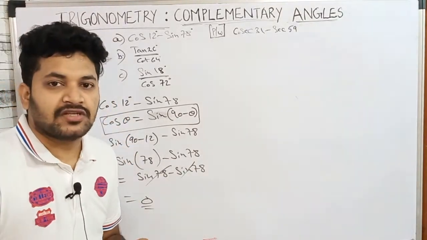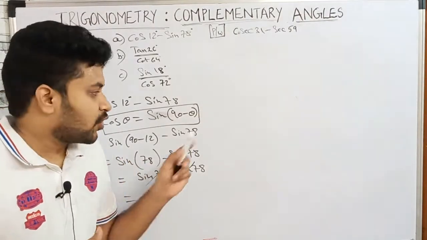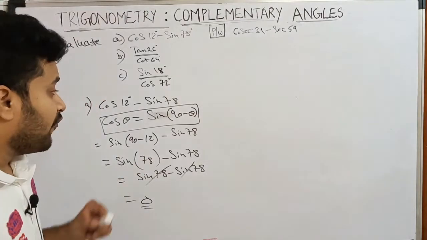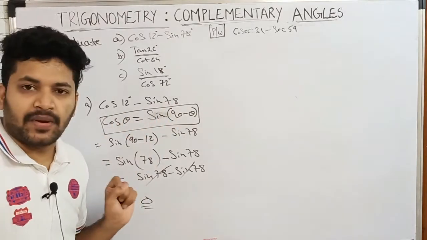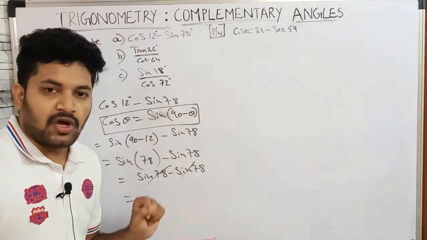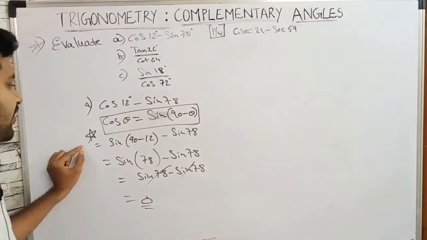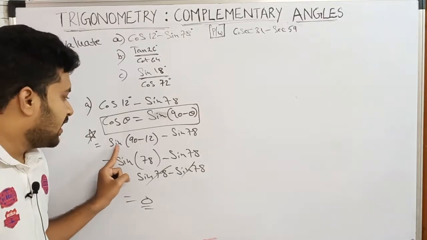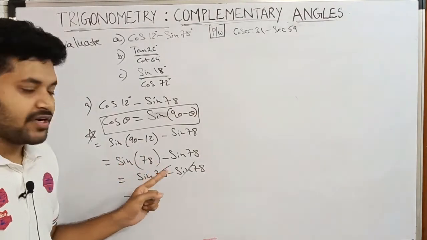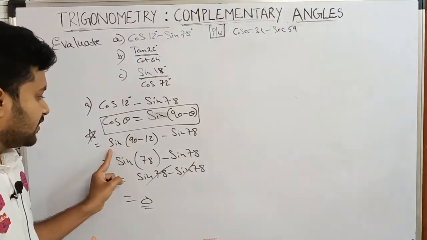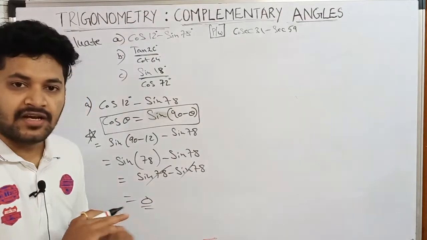But while doing corrections, some students will face trouble at one point. So we are doing error correction also, where the error will be in our sum. All will copy the question properly and write the formula properly. But the error is that many will write the same cos here, cos 90 minus 12. So what will happen? Again you will get cos 78. So what's the use? That is the error you will make. So we have done the error correction also, where the mistake is corrected.